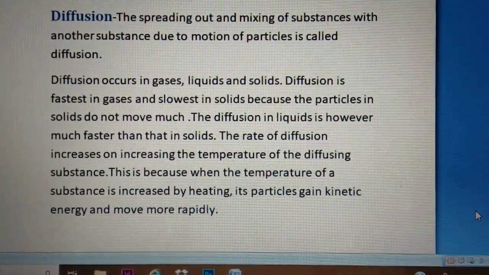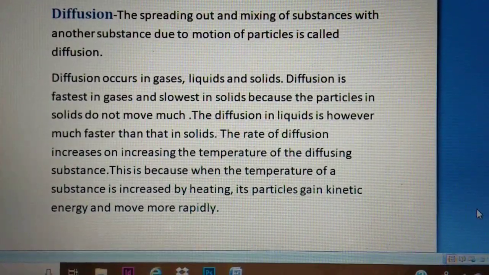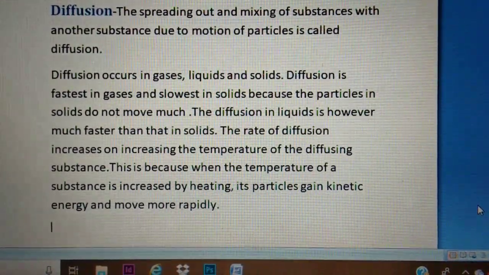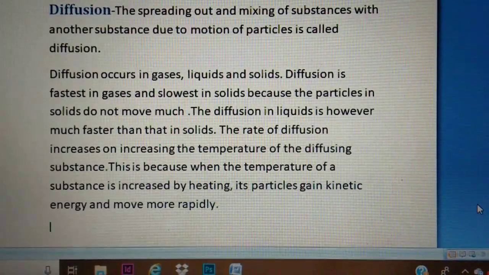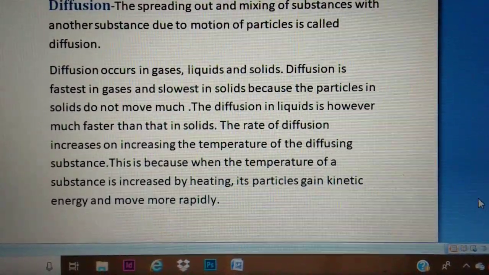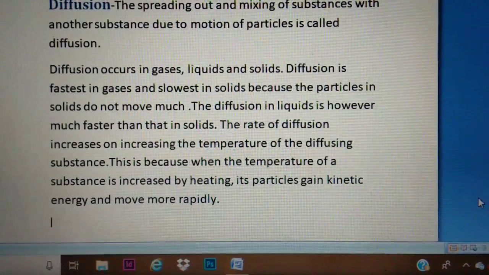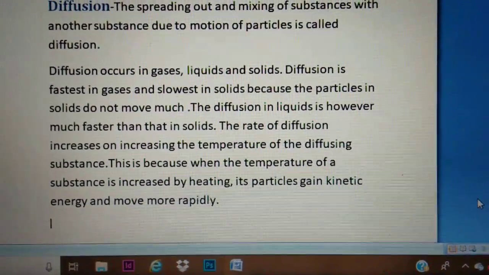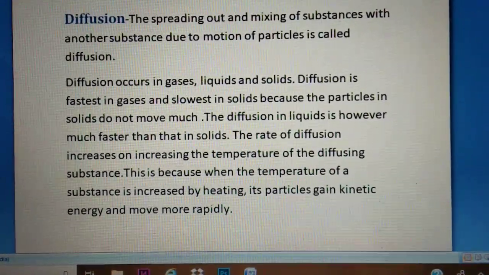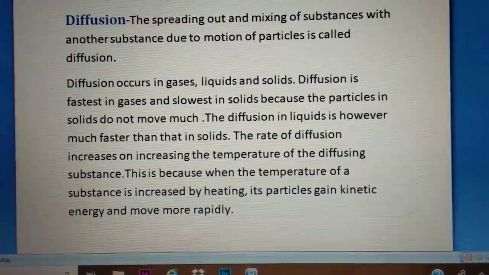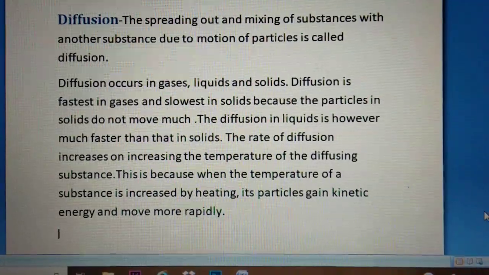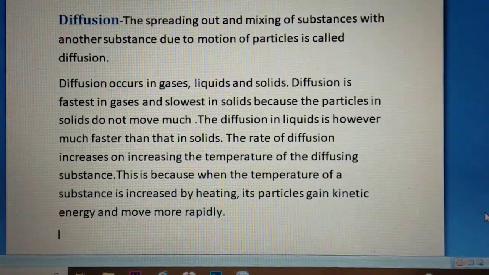Okay. Now the rate of diffusion increases on increasing the temperature. If you increase the temperature, the rate of diffusion will also increase. Why? Because when the temperature of a substance is increased, its particles gain kinetic energy and move more rapidly. This increases the speed of the particles of the substance, and in this way the rate of diffusion also increases. So this phenomenon of diffusion tells us that the particles of matter are